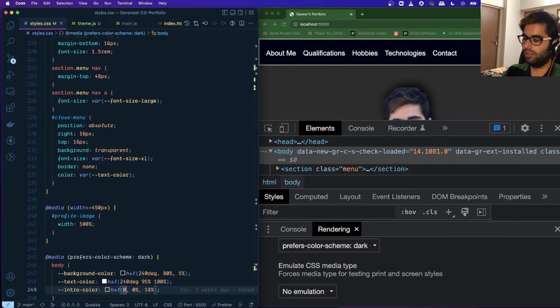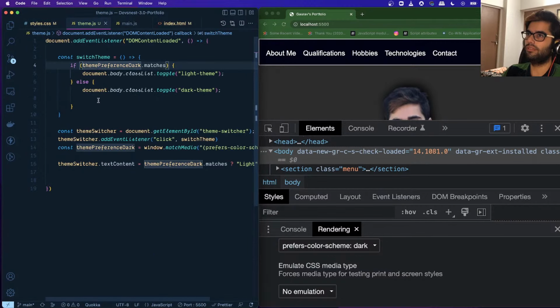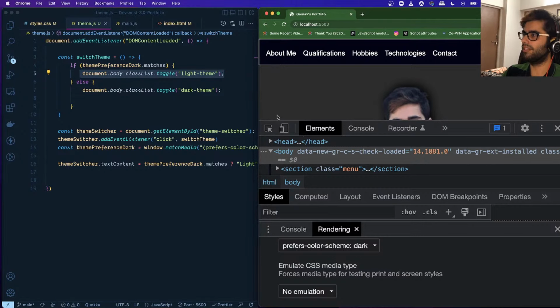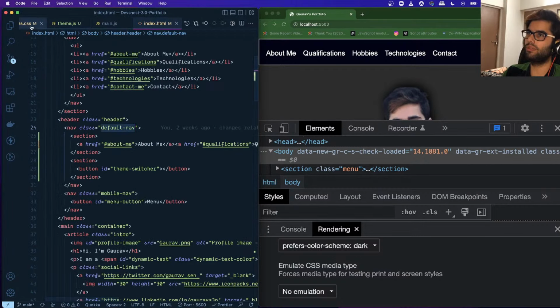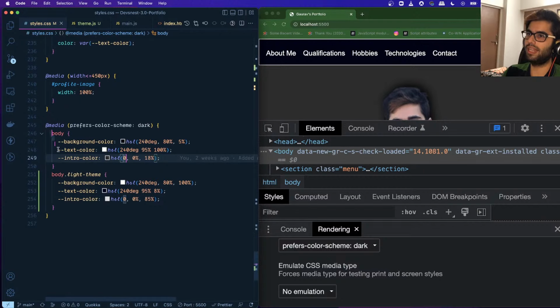You can see that it toggled this class, light theme. So the light theme class was removed, and that is why we are back to whatever was the default styling inside the color scheme preference of dark. Okay,